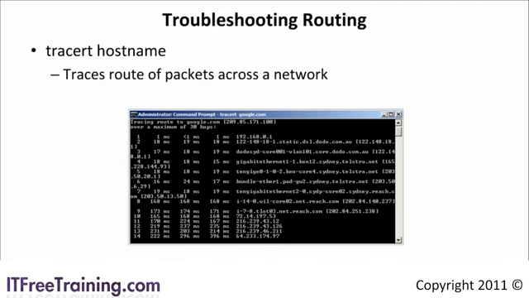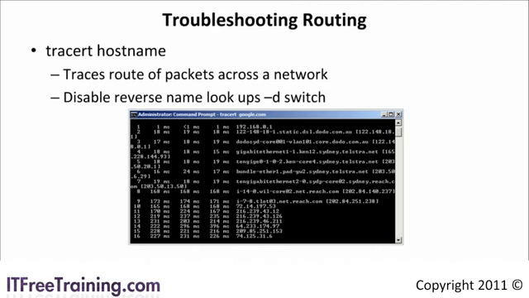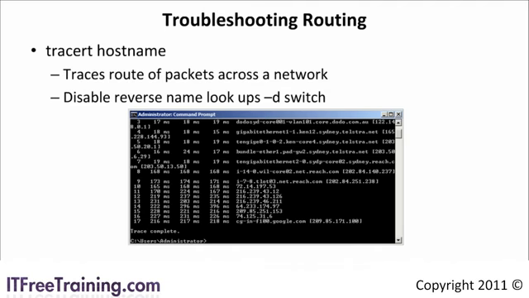Traceroute stalls for a moment, attempting to perform a reverse lookup on an IP address that it will not be able to resolve. This is a feature you may want to switch off. To do this, use the -D switch. If I perform the traceroute command again with the -D switch, and this time use an IP version 6 DNS name, that is,